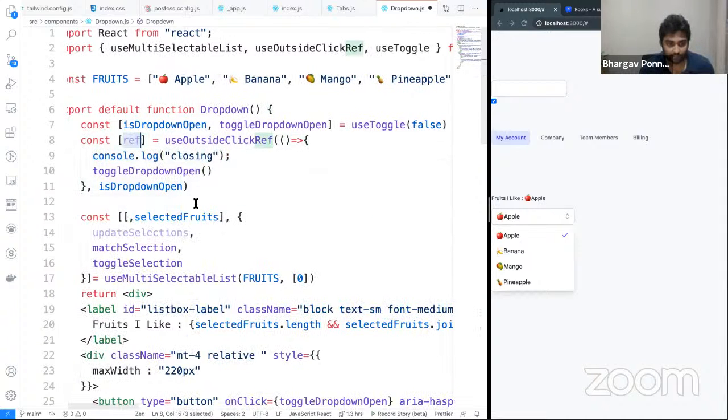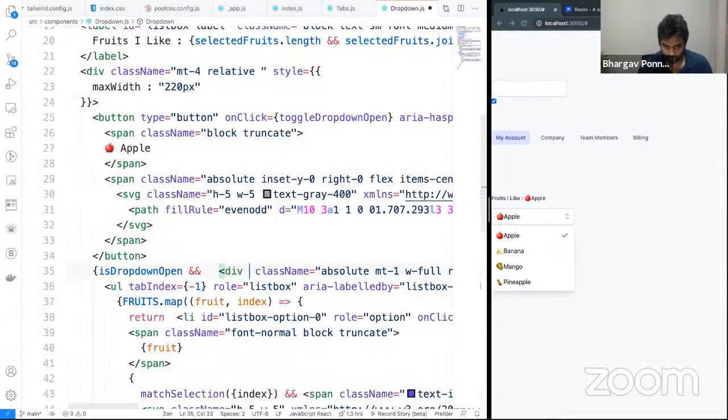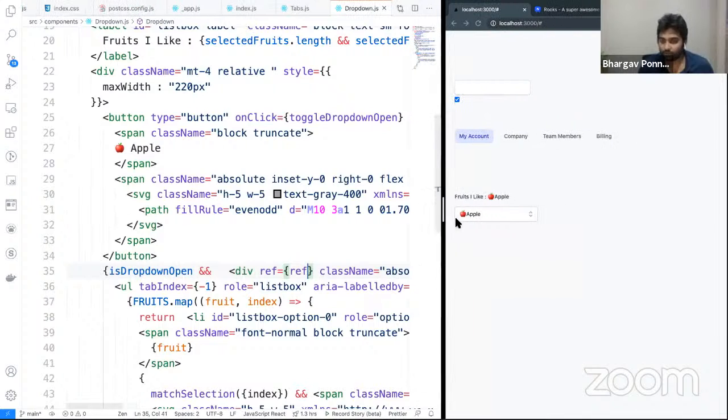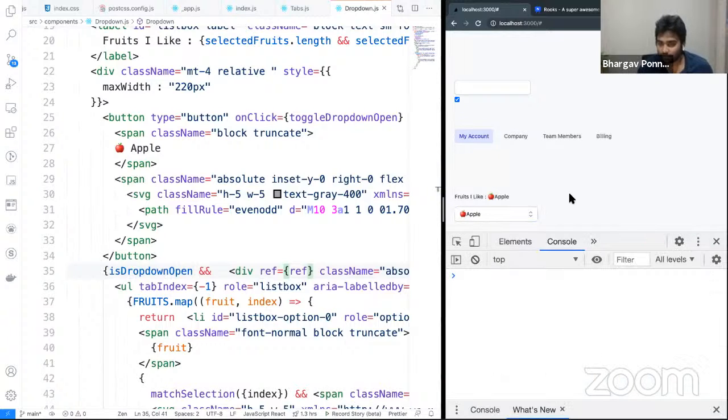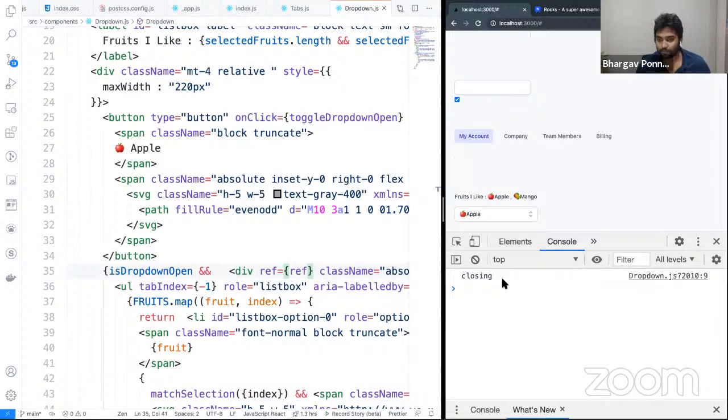And now I can simply take this ref and give it to, which one is it? This. Okay, so now I click on it and I click outside, it closes. You can check the logs. So now I'm clicking outside, nothing is happening. But now if I open the dropdown and click outside, it closes. This is, I think, a super handy hook that you can use with your modals, your dropdowns, your toasts, notifications,